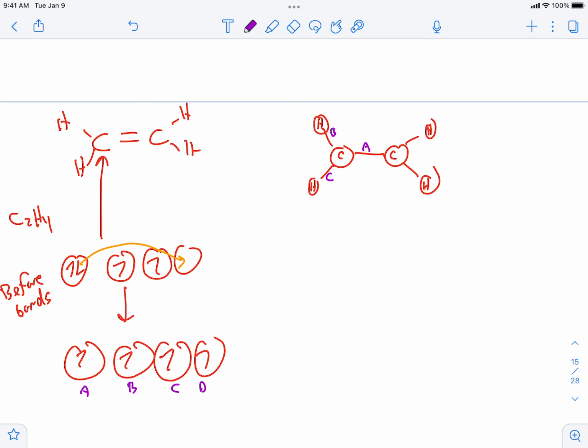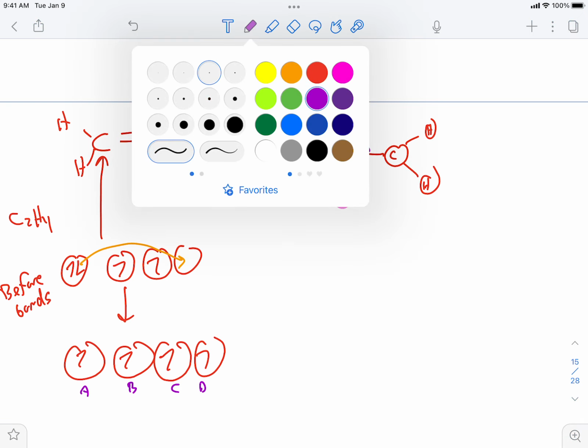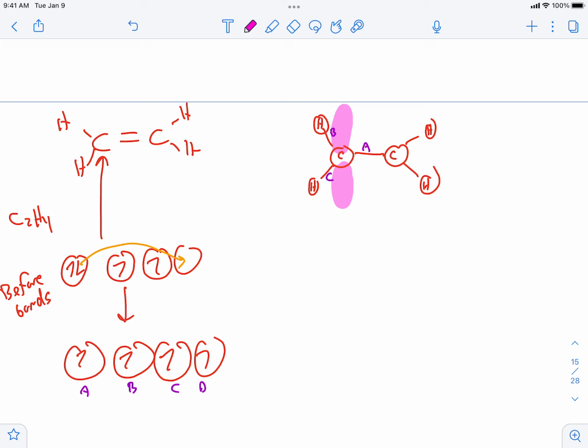And that's because the bond in a double bond has to occur above and below the plane. And that is possible because it's using a p orbital, but specifically